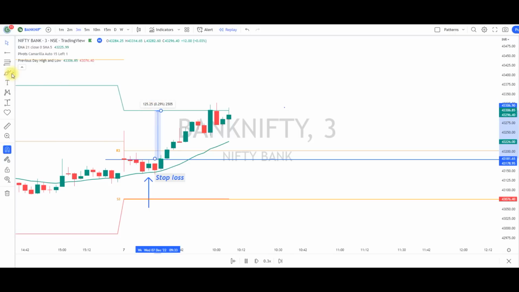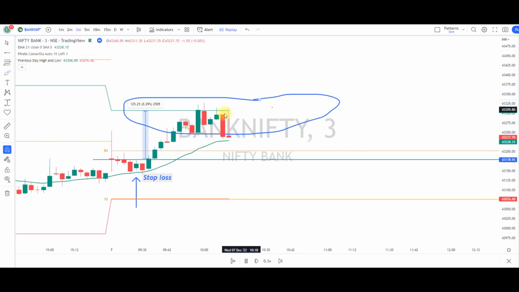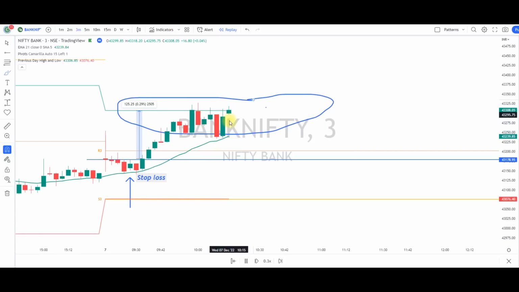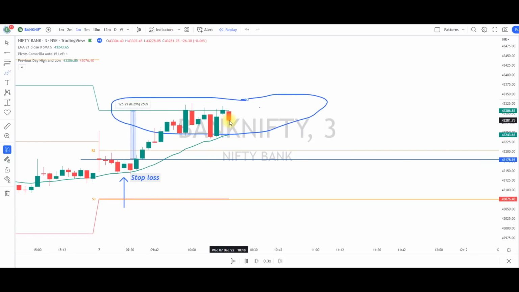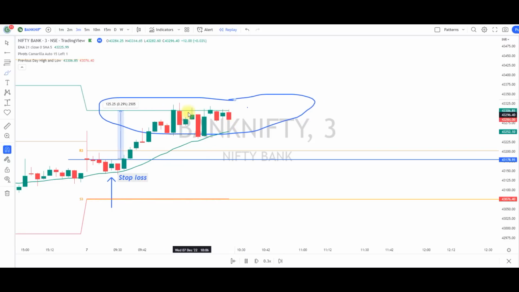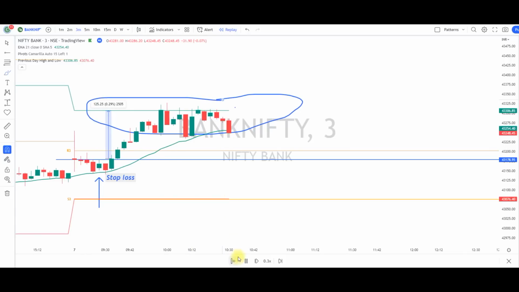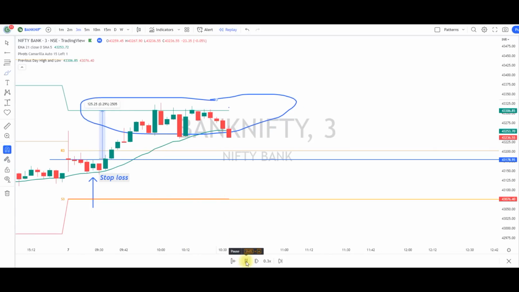So as this is a previous day high, this area will act as a resistance zone. So here the market was consolidating for a long period of time. So the price is not able to break this previous day high. So market started reversing from there. So we can look for short opportunities. So we can enter into the short trade below this red candle,